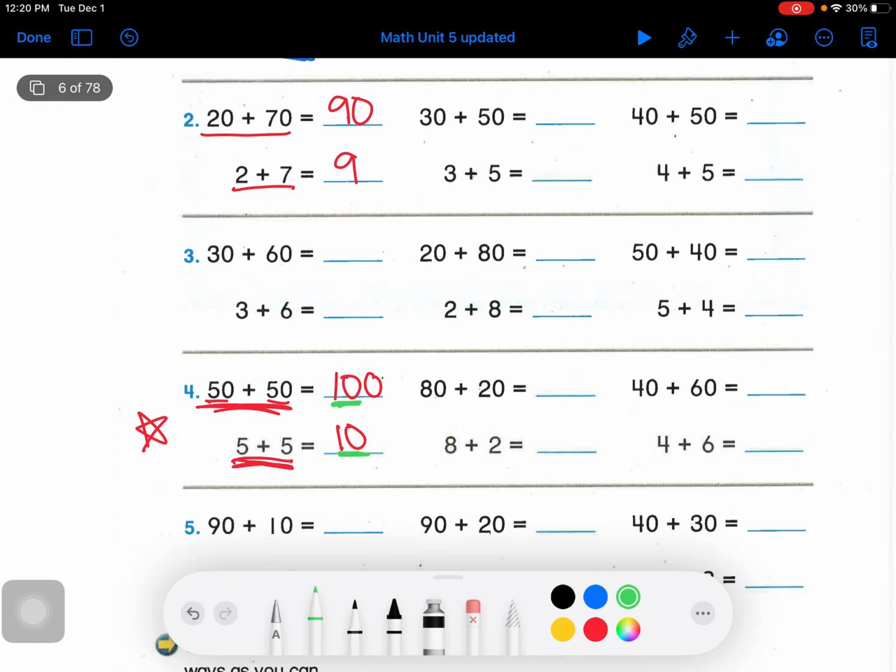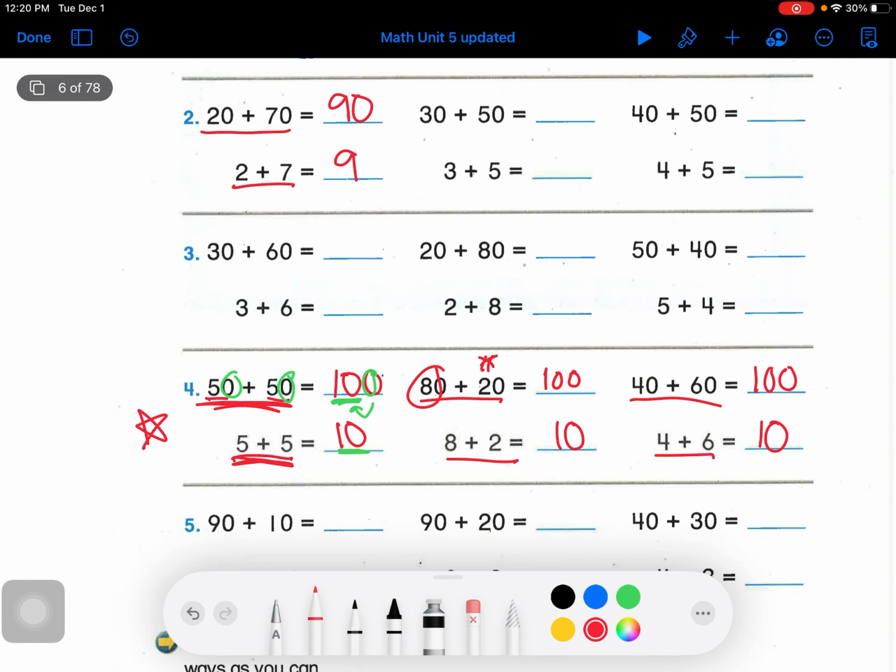Our base number is still going to be 10, but we just needed to add that 0 to the end of our number because it had to move over one place value. So 8 plus 2 is 10, but 80 plus 20 is going to be 100. And again, I could just count 80, 90, 100. But I wanted to show you to do it this way also. 4 plus 6, 10 again. 40 plus 60 is